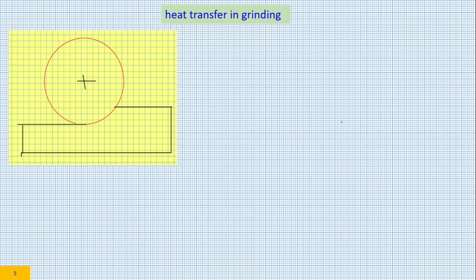So first, now you need to understand the heat transfer that takes place in grinding. So here is the total heat generation that is expressed as QT dot. It is the rate of heat generation in grinding, and for all practical purposes we will write it as FT into VS. This is the basic dimensioning that should always be there when you are drawing a schematic. Now this heat gets apportioned into different places. What are those places? One place is